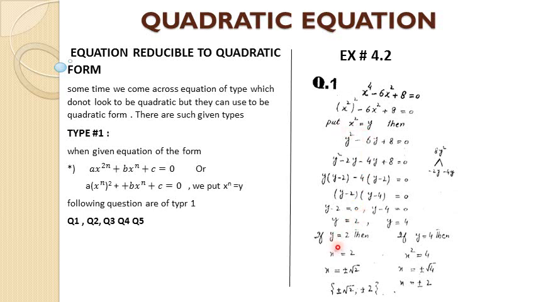Okay, so if y is equal to 2, x is equal to plus minus root 2. Why? Because whenever we remove the square sign from the variable, after the equal sign we should put plus minus root. So x square is equal to plus minus root 4, root 4 means 2. So this is the answer. Now you can see, what is the degree of this polynomial? Degree means the highest power of the term. This is 4, so there are 4 answers, or we can say 4 roots, here.